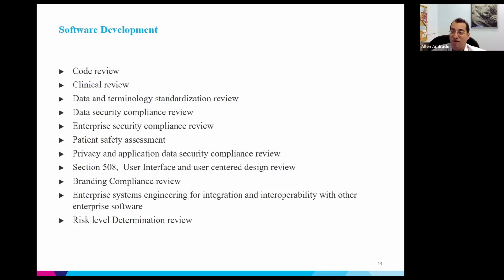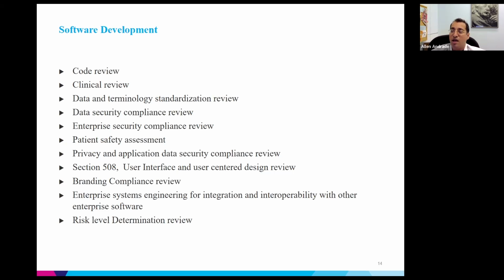whatever application is being developed to make sure that it's in compliance with the organization, that there is a patient safety assessment to make sure that the data that's collected or presented to the patient will not have negative consequences, and that the patient's privacy and application security are in compliance with all regulations, and that the system that is developed also bears in mind the Americans with Disabilities Act and Section 508 compliance, that the user interface and the user-centric design is taken into view, especially when you're dealing